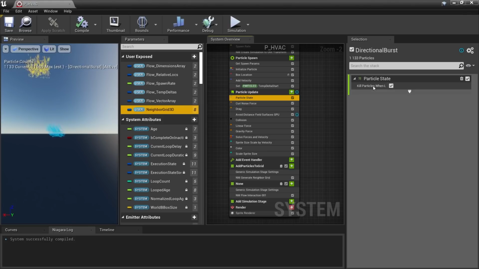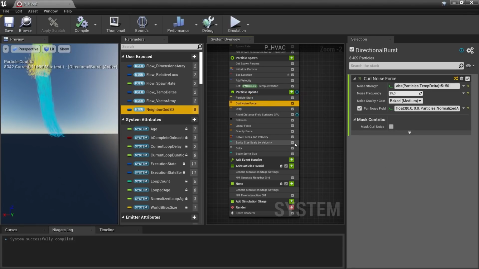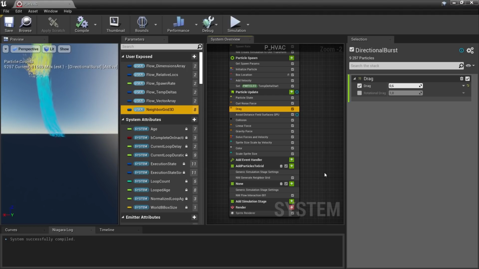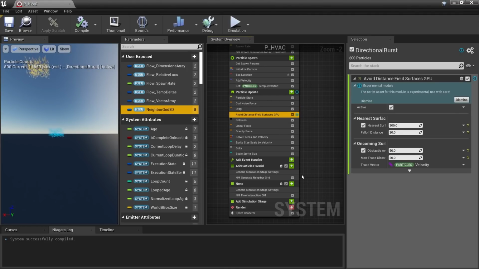These particles have a lifetime, so they expire after a while. And there's some curl noise, which is just to give the particles a bit more waviness as they float through the air. There's some drag here that makes the particles slow down as they travel. And then there's avoid distance field surfaces, so they don't go towards walls that much.